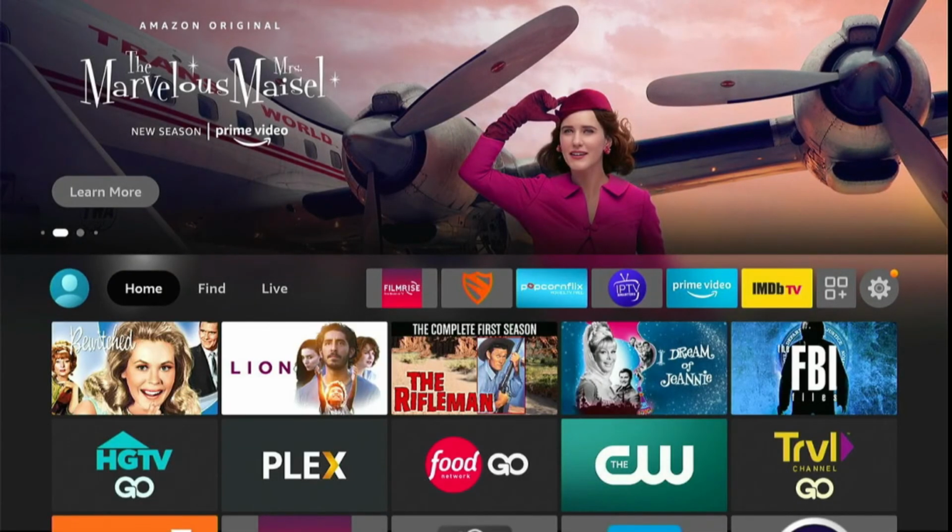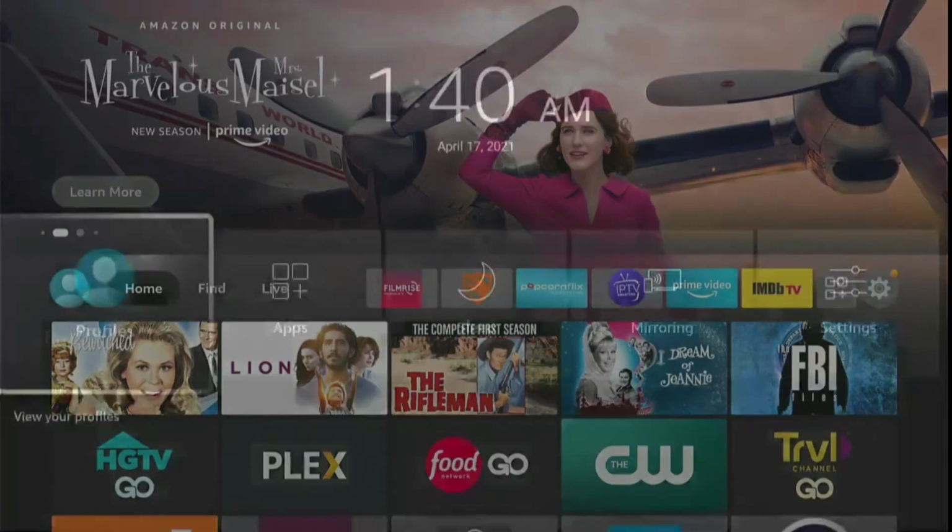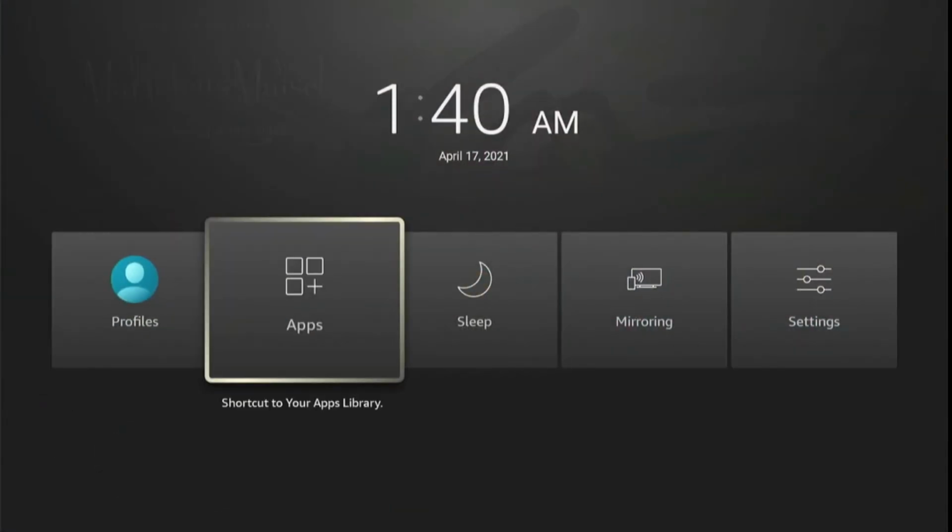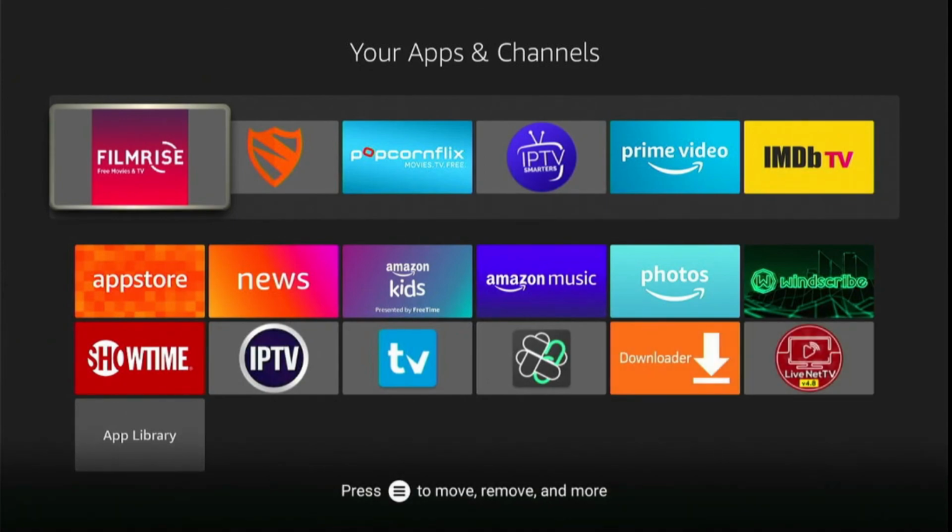and here you need to hold the remote home button for a few seconds. Click on apps, and here you will find all applications that are installed on your Amazon Fire Stick device. So guys, you can use this method to sideload apps on your Fire Stick, and I hope this video was